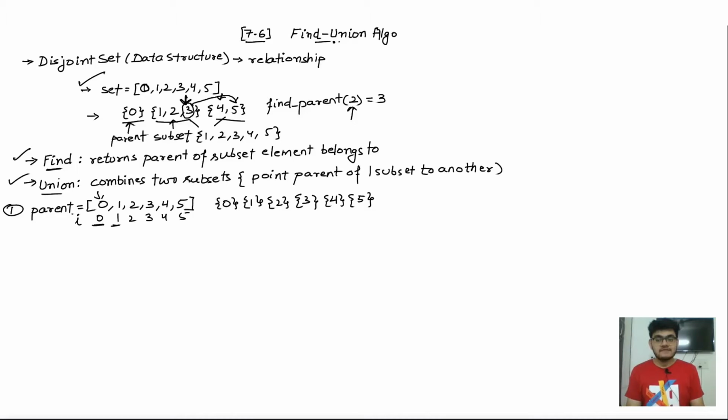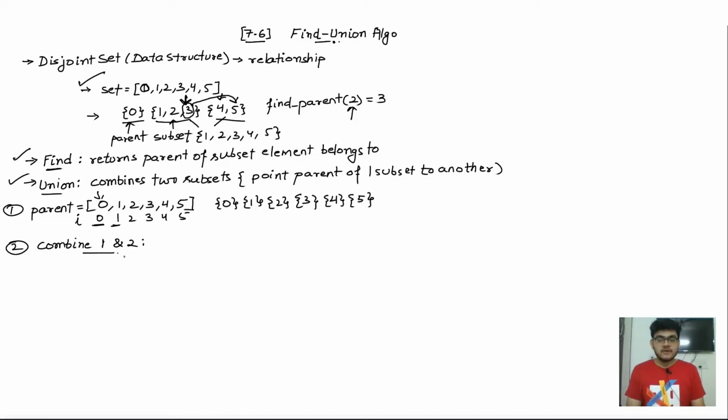So the first step is done. We have created a parent set, which is just a representation of all of these subsets initially, right? Now let's say in this given set, I want to achieve this type of partition. If I want to create a subset 1, 2, 3, I will first have to combine 1 and 2, right? So in the second step, I want to combine the element 1 and the element 2. We can only combine one item at a time. We cannot combine 3 at once, right? First we will combine 1 and 2, and then we will combine 3, right?